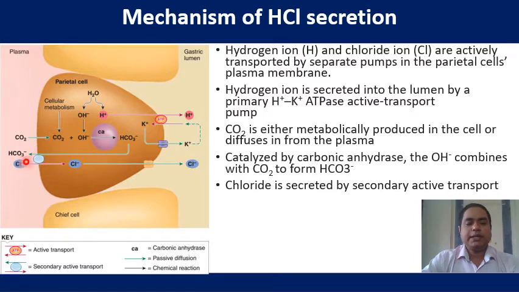So once a chloride ion is transported to the parietal cell, it then diffuses to the gastric lumen